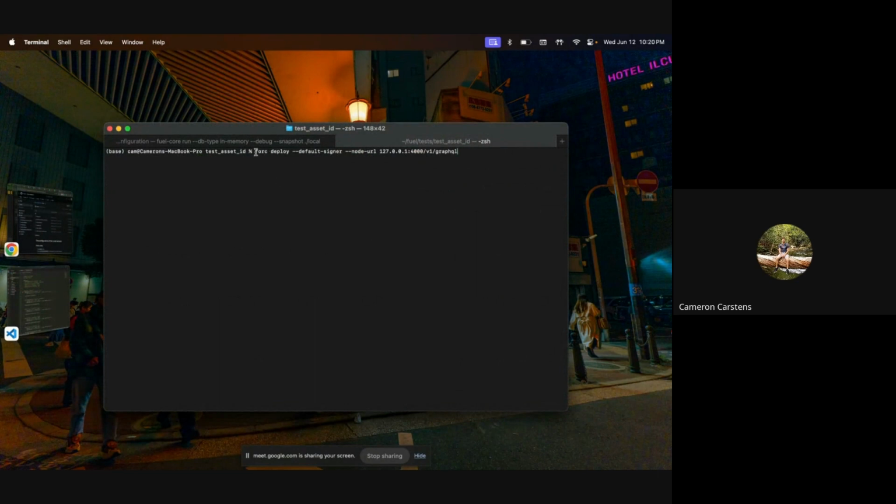So I'm going to use fork deploy. I will use a pre-funded default signer. When you're using a local node, fork will generate wallets for you. But if you use your own wallets, just know that it won't be funded unless you're doing it through the Rust SDK. So default signer works, and then you're setting it just locally.